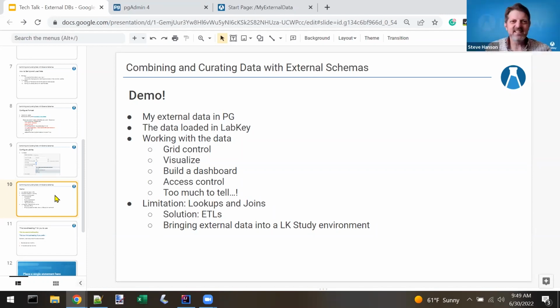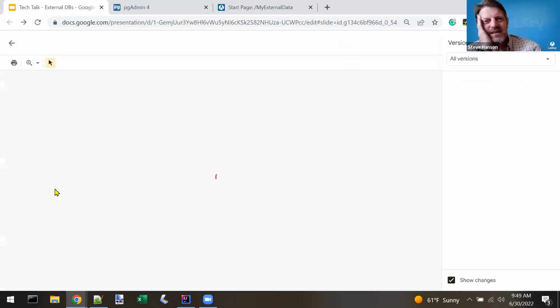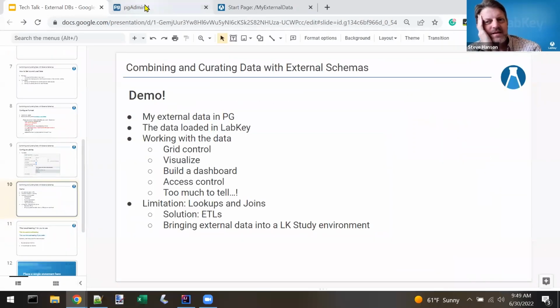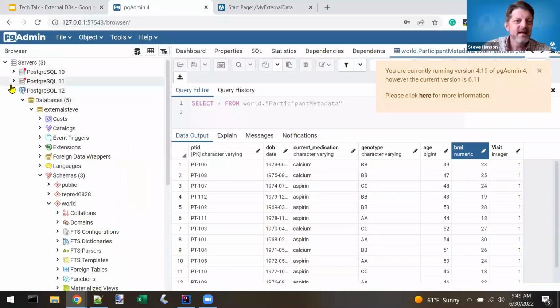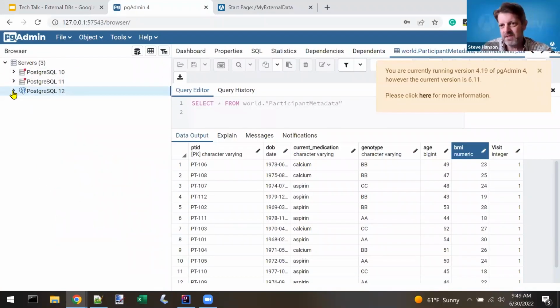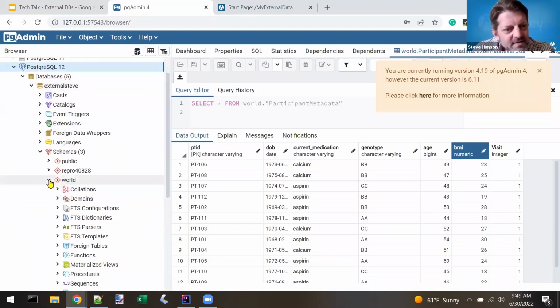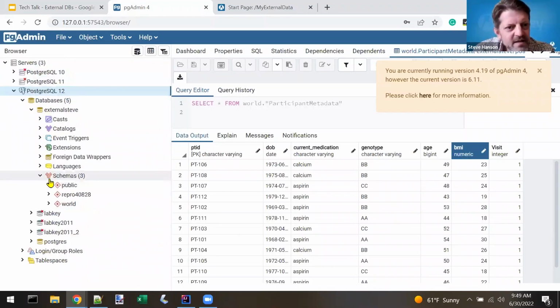Okay. Well, let's actually do this. And we're talking about data that's in a database that LabKey doesn't know anything about. And here is my data. It's buried down in this Postgres 12 database. And I've created a little database called External Steve. And it's got 3 schemas, public,